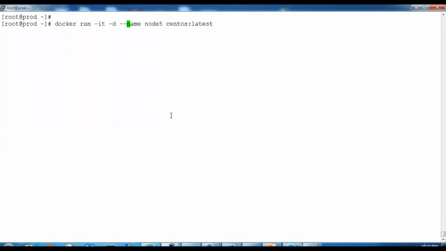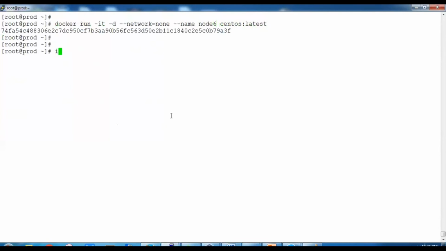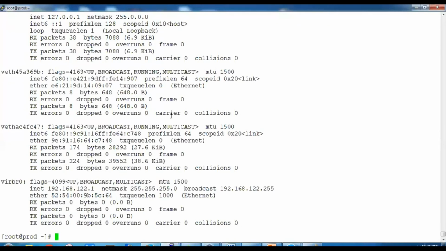So as we discussed here, we can add --network equals none, and once we give this, I will just make it another name. See, now it's created, and we'll say ifconfig.